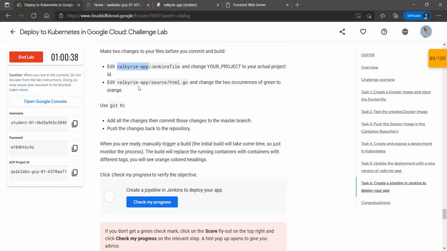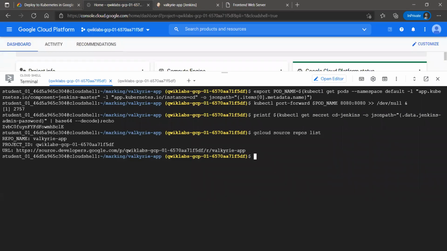So basically we need to do two changes. We need to change the your project string with our actual project ID. And there are some instances of green. We need to change that to orange in the html.go file. For that we will run this command, which I showed you the trick. Yeah, so the string is successfully changed.